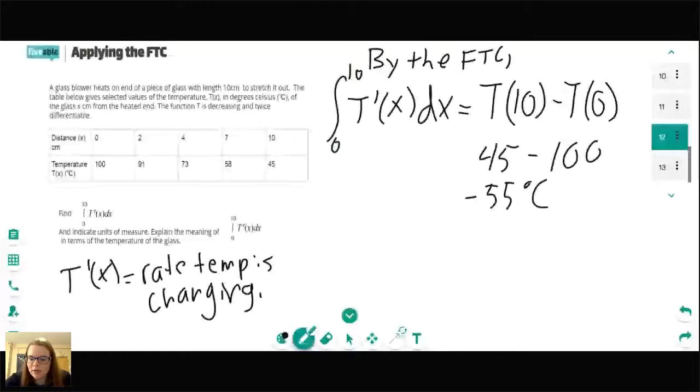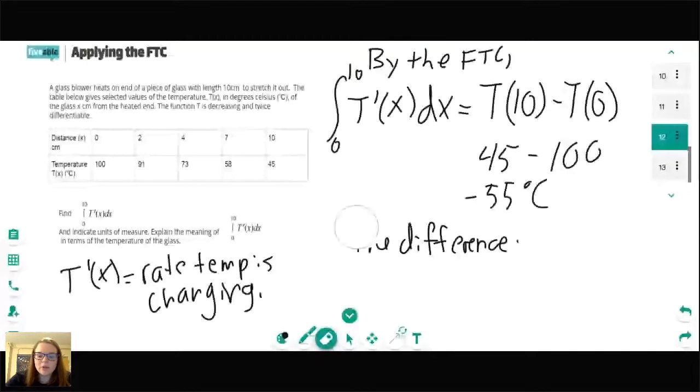Change in temp over change in time. So we're on the right track. We want to write this out kind of in words using the negative 55. Okay, so what we can say here is that the difference, actually, let's not start with the difference. The temperature,